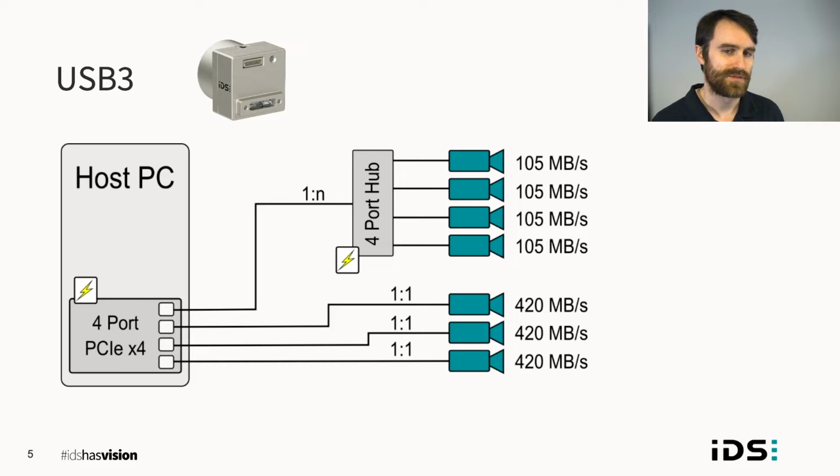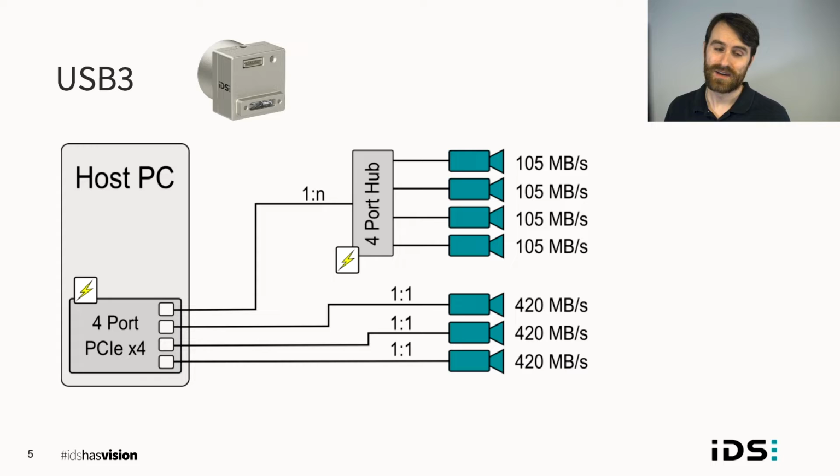Now, hubs don't provide additional bandwidth. That's because USB's available bandwidth scales with its number of host controllers. One host controller means you have 5 gigabits per second to work with. And typically out of the box, a laptop or a PC will have a single USB 3 host controller, limiting the bandwidth of those ports to 5 gigabits combined.